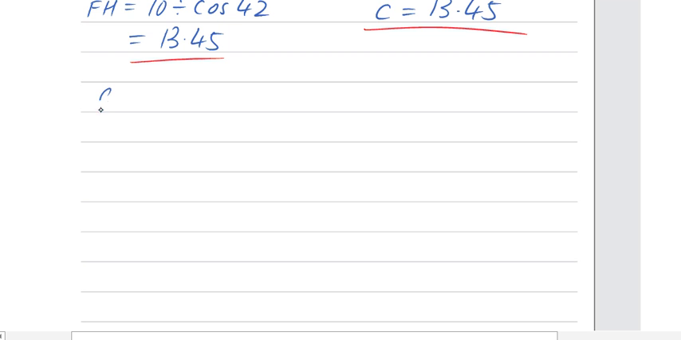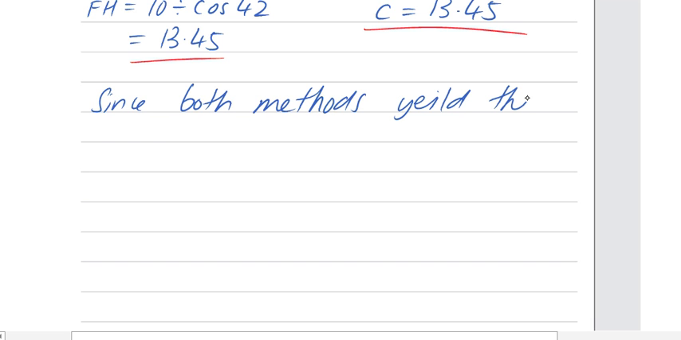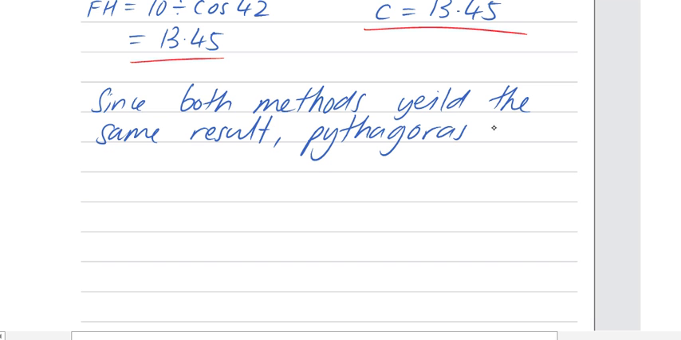So since both methods yield the same result, Pythagoras works for this triangle. And that's it for this